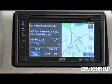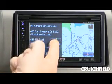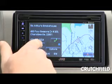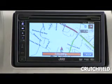But let's say today I want to go out to lunch and I feel like barbecue. Carther's Smokehouse. You bring it up and it's got all the info you need. If you've got a Bluetooth phone hooked up, just tap that icon and it'll call ahead so you know if they're busy, what their lunch specials are, or just tap go and it'll calculate rather quickly a route and take